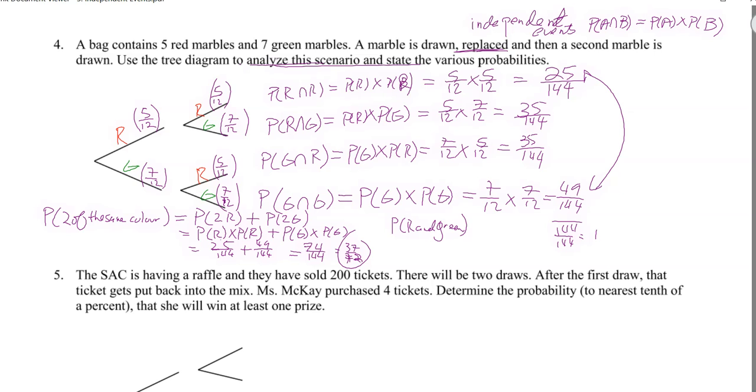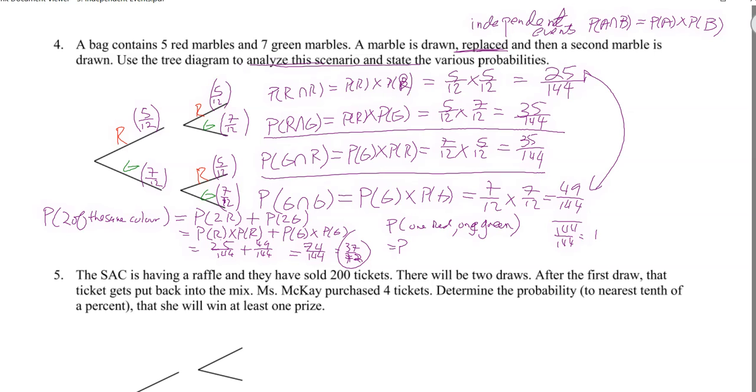Now, here's the thing, you could state the probability of getting a red and then a green, which would be this line here. You know what, let's rephrase that. What if we say the probability of one red, one green? If it was a red, then a green, we do this line at 35. If it was a green, then a red, we do this line. But if it's one red, one green, then that's equal to the probability of red and green, or the probability of green and red,